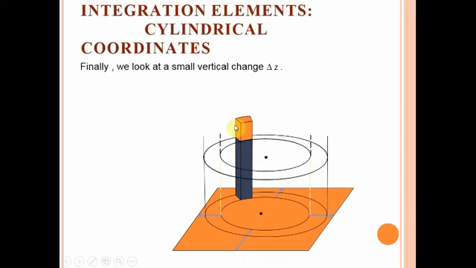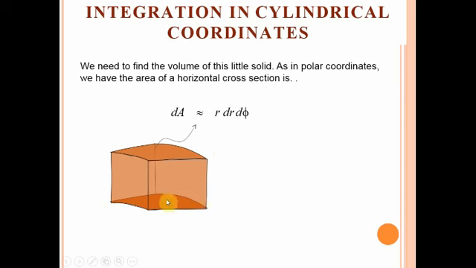And if we increase the third coordinate, delta z, you can understand that this delta z will create an element of this shape, where the internal side and the external side are curves, and the side related to delta z is a straight line. So this type of structure will be there.